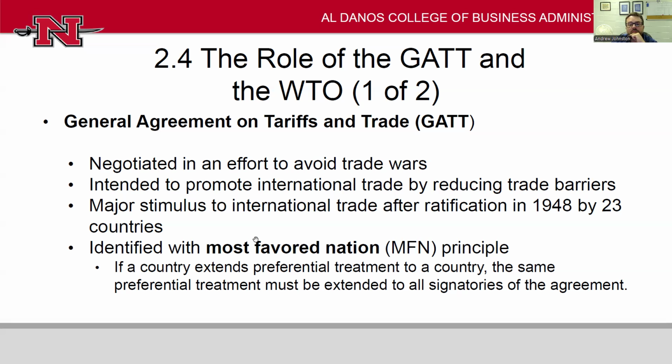The principle that governs these WTO and GATT treaties is the most favored nation principle. Basically, whatever's the best deal that you're giving to someone, you've got to give it to all the members. So if I'm in the WTO and I establish a really favorable treaty with another country, I've got to offer it to everyone. It's kind of like that classroom. What the teacher said: if you're going to do this for one, do you have enough to share with everyone? If you're going to do this for one country, you've got to do it for everyone.